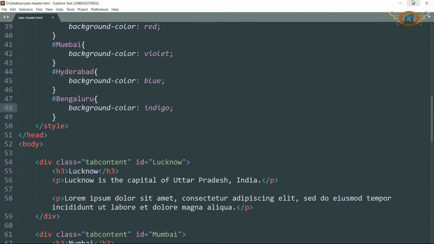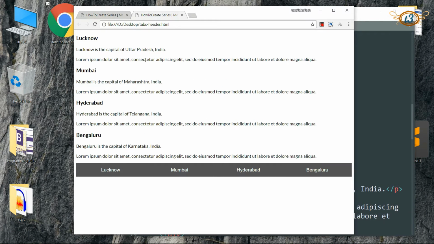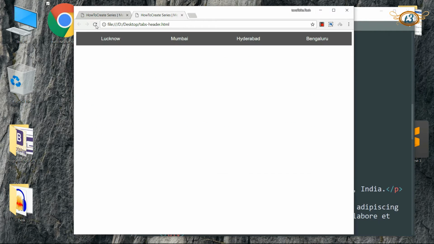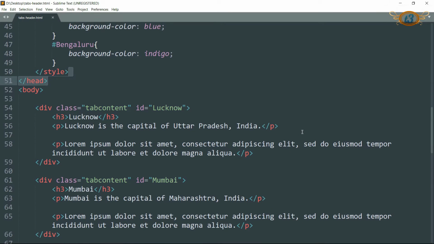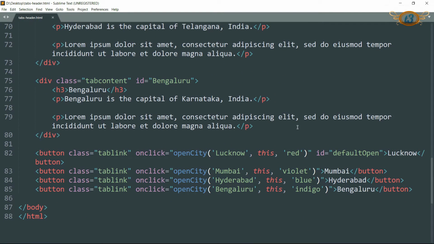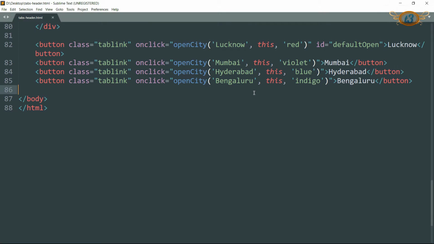Save it, and you can see that all of the contents are hidden. Now let's write JavaScript to make the content of the default tab to be displayed. Create a script tag, then write function